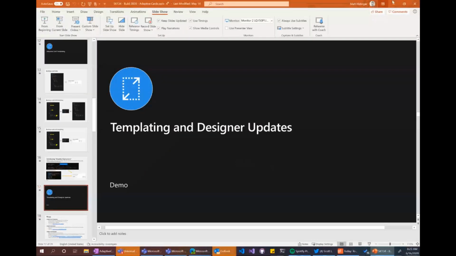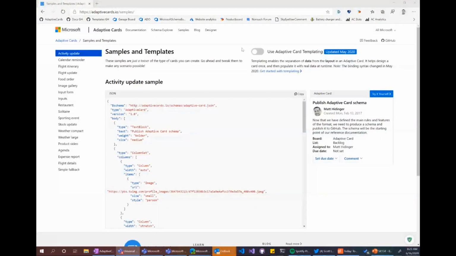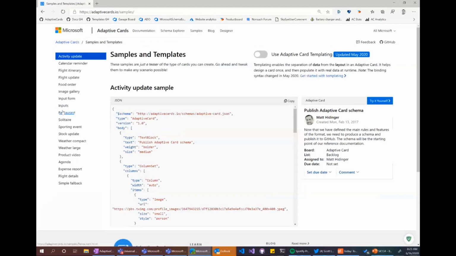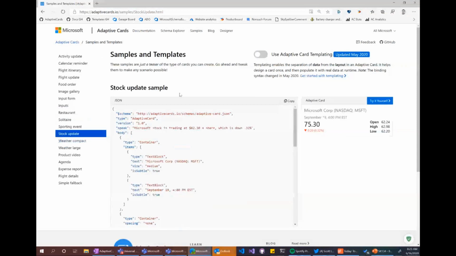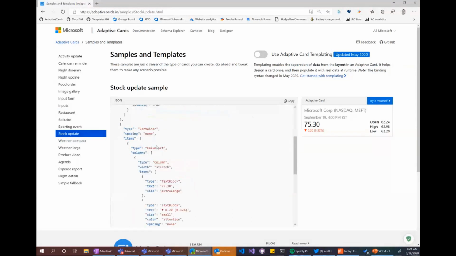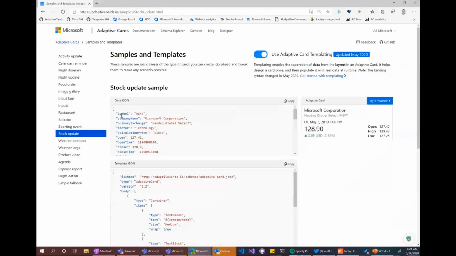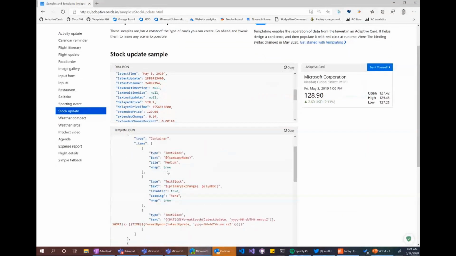So the last thing I'll show to get started, and Ojasvi showed you adaptivecards.io. This is where everything Adaptive Cards lives. And if you're familiar with Adaptive Cards, if you're not, the place I always like people to go to is the samples page. And once you're in samples, these are just some example adaptive cards. You can build a lot more. They're, again, just an example. And what you can do is turn on this checkbox, use adaptive card templating, and instead of a single payload, you'll get 2. So there's the data JSON, and there's the template down here,